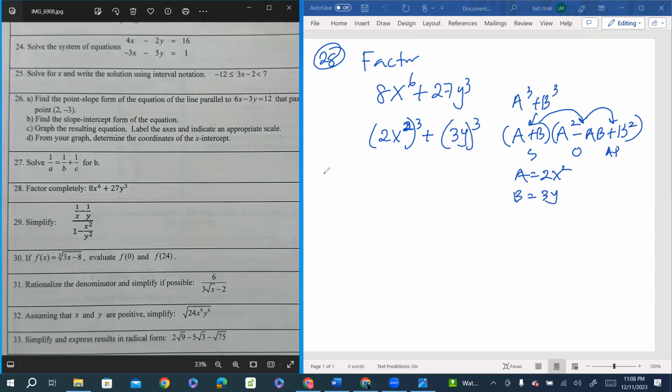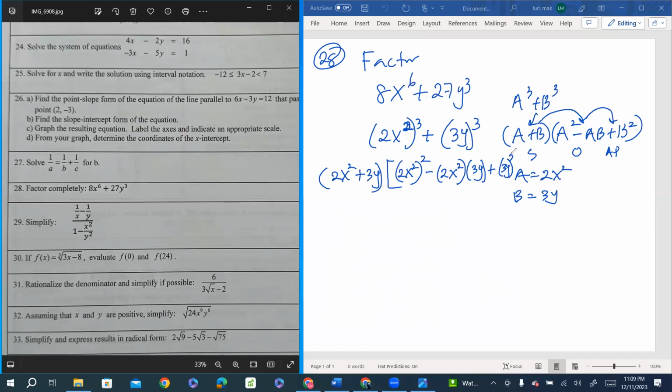So a plus b is 2x squared plus 3y. I'll put a bracket: a squared, so 2x squared squared, minus ab, 2x squared times 3y, finally plus b squared,